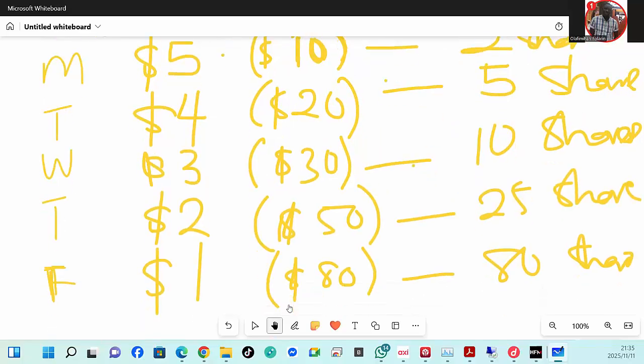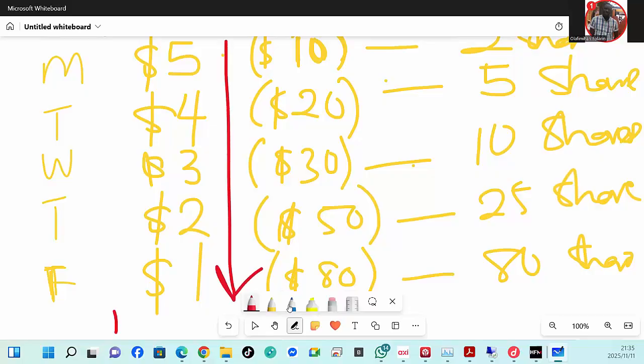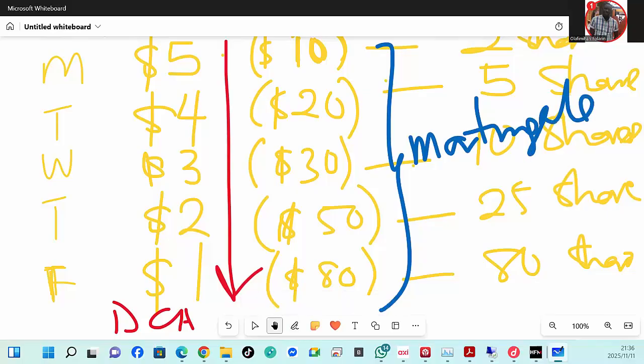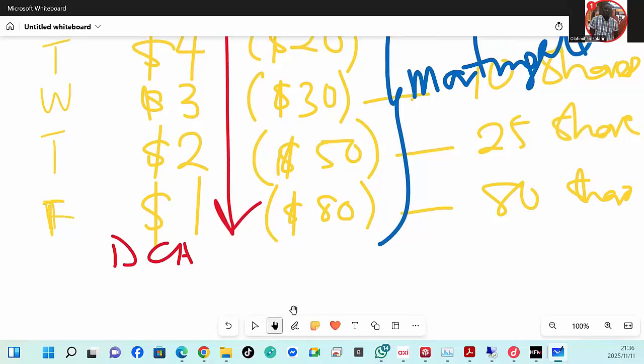the change in price is what we call dollar cost averaging. The approach we are using is what you call martingale. This one is like 2-in-1. Let me put it like this. All this change in price, you can tag it as DCA. And all this is our martingale. Why do we call it martingale? Anyone in the class? Okay, we call it martingale because we are doubling our odds. We are doubling our investments.